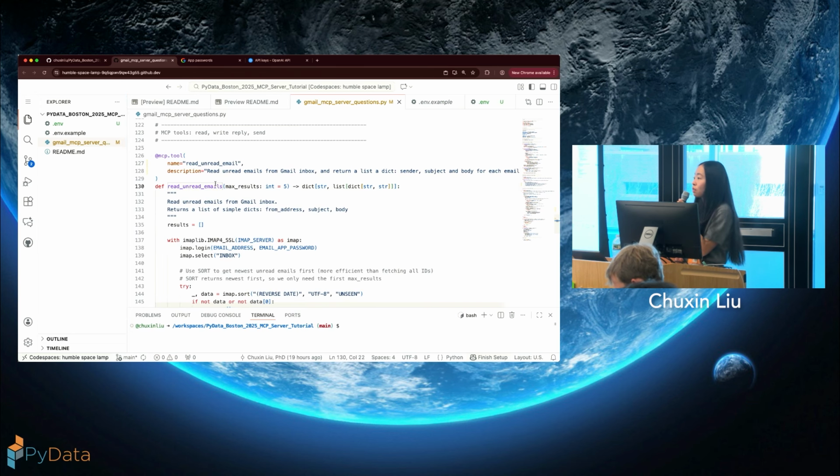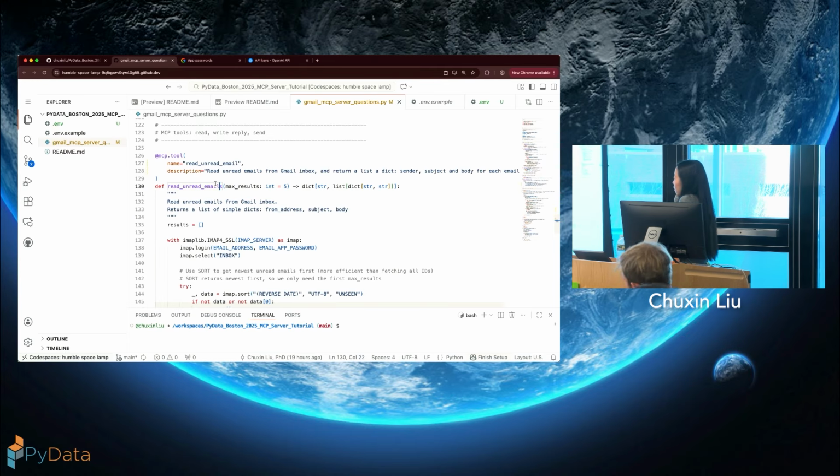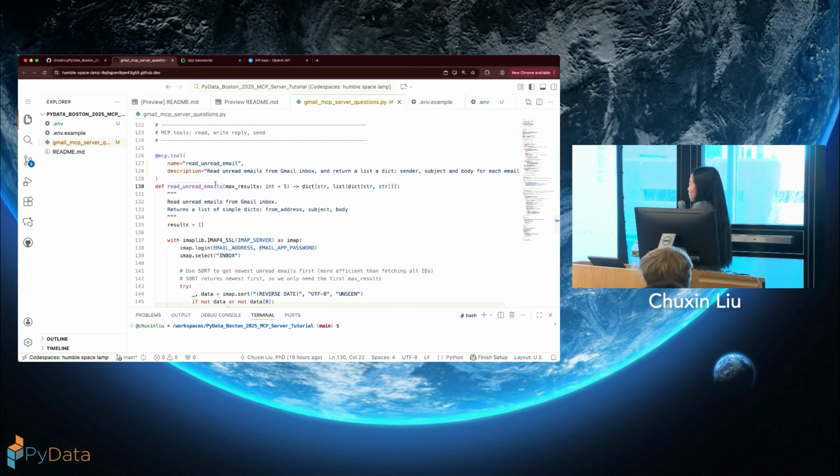Ask a question? Yeah. Why would you have a different description in the tool versus the docstring? Just based on your experience. Oh, so my understanding is one is read by the LLM and the other one is just in the docstring. And if you have a description in the decorator, the LLM will ignore the one in your docstring.